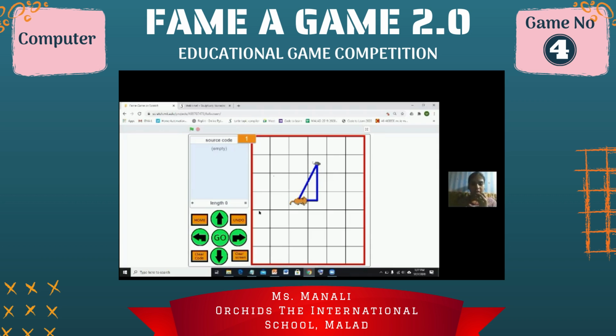Once this concept is done, the code will automatically be deleted because I have completed my game. Now if I try moving it forward again, it's like basically if the cat is at the starting position and the students have not cleared the line which is coming on the screen, they will get one negative score, that is -1.